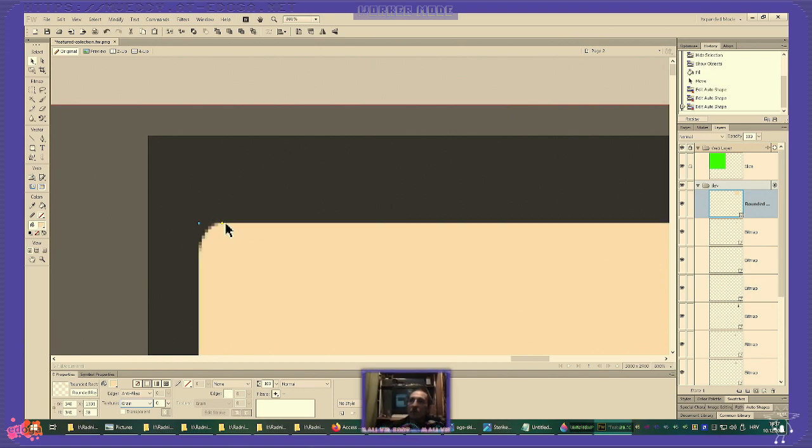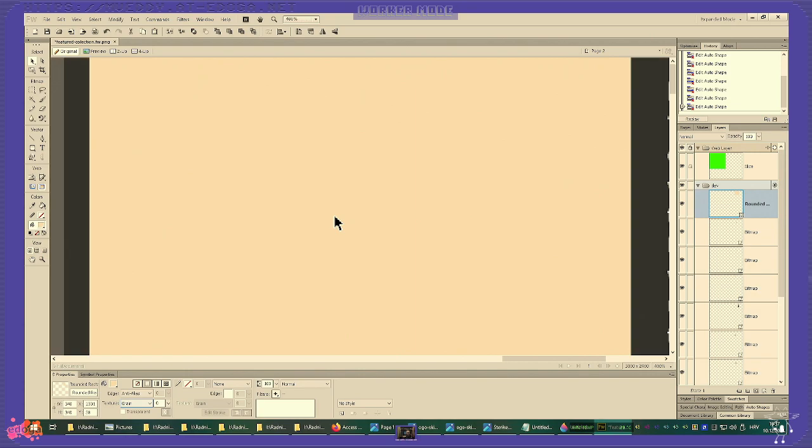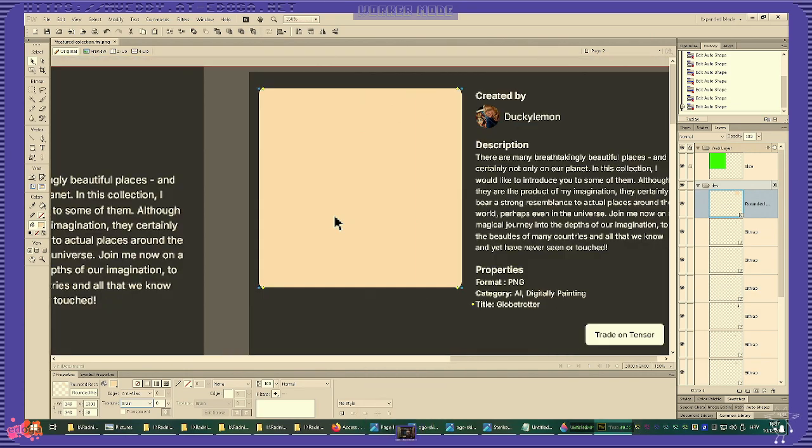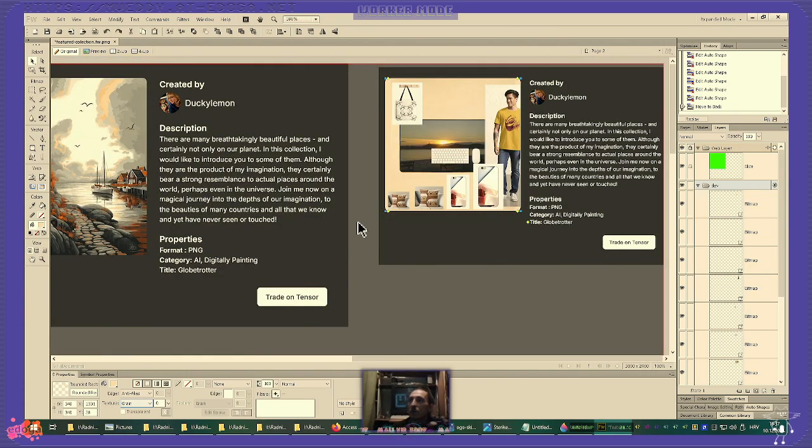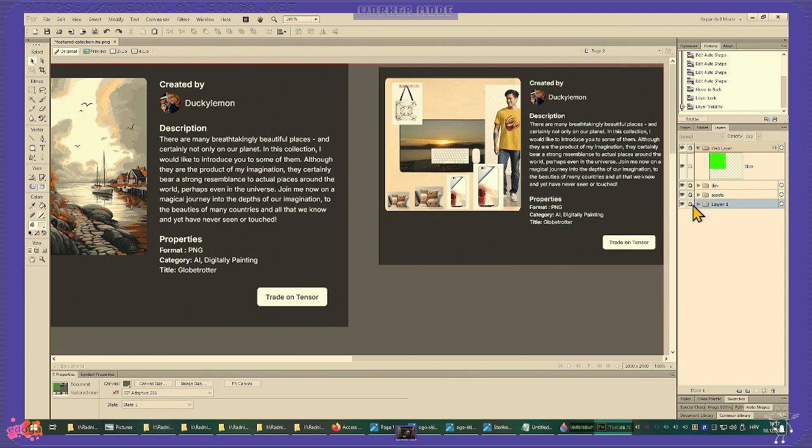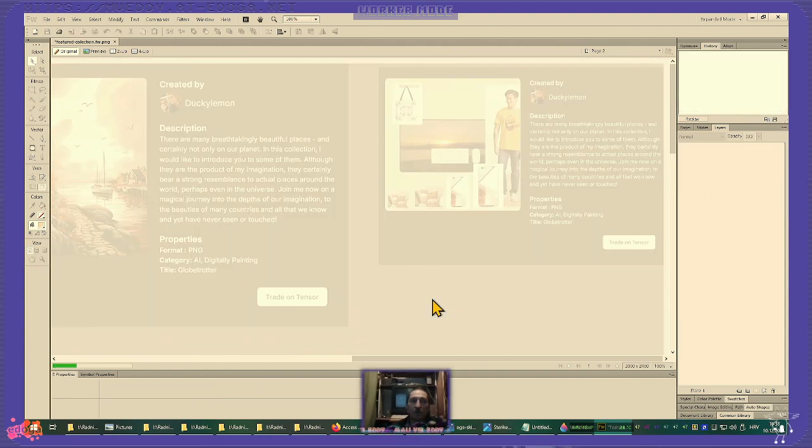Don't change corner shape. Okay. 100. And you can go to background like that. So I've dealt with that. Okay, this is good. This is good. Should break